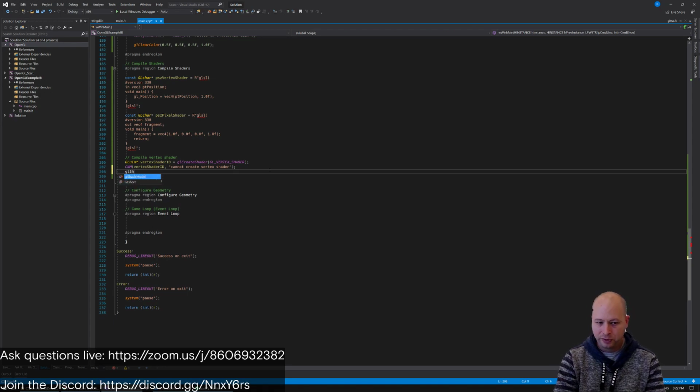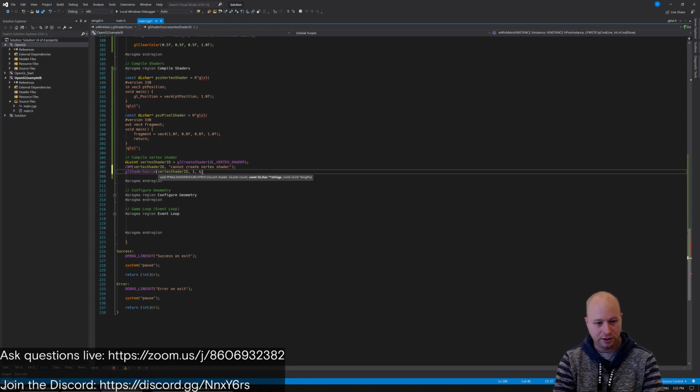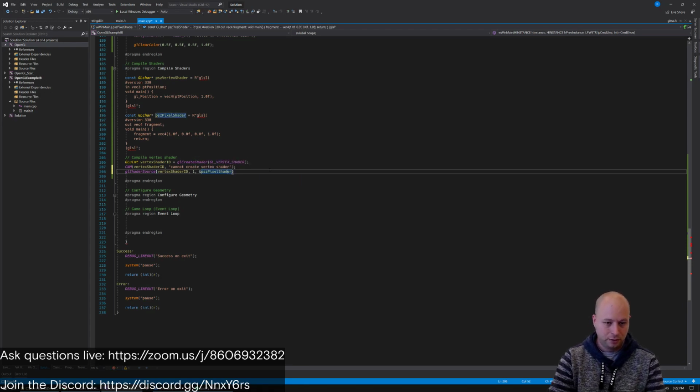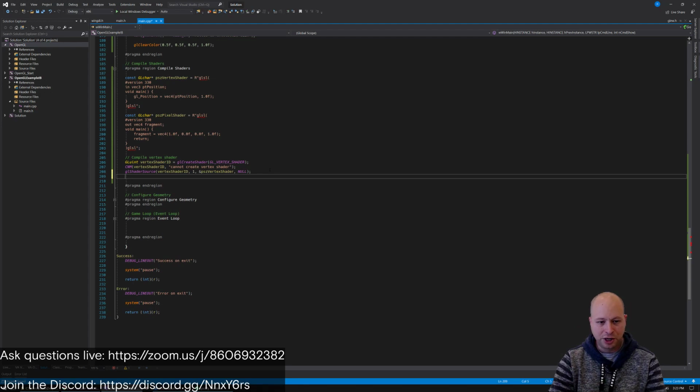Now all you have to do is pass the source code to that ID. We're creating one shader program, and then we're going to pass in the PSZ vertex shader, and then finally a null. Not null pointer, it's a long story. Generally speaking, in OpenGL you can't always use null pointer in the way that I would like. And then compile the shader,